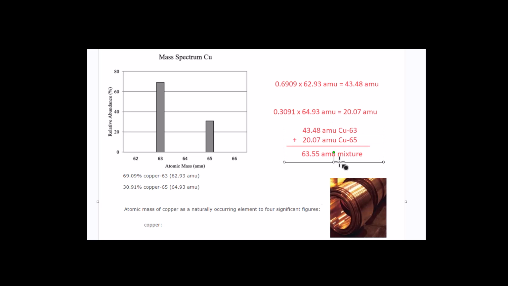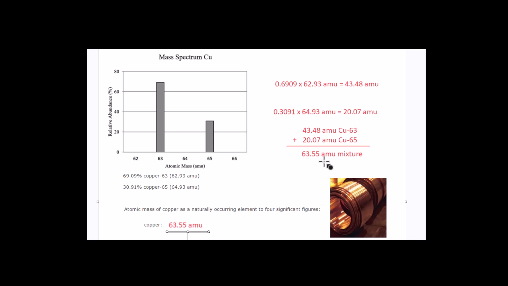This is the average. When you look at some copper and you take a bunch of its atoms and average them together, their weight won't be 63. Their weight won't be 65. They're all mixed in together. It's going to be 63.55 AMUs. So this is how you